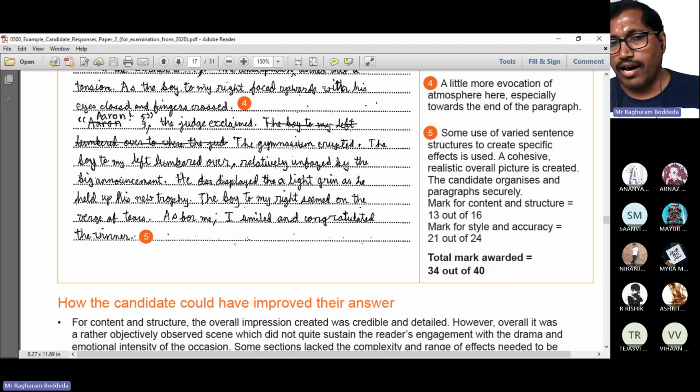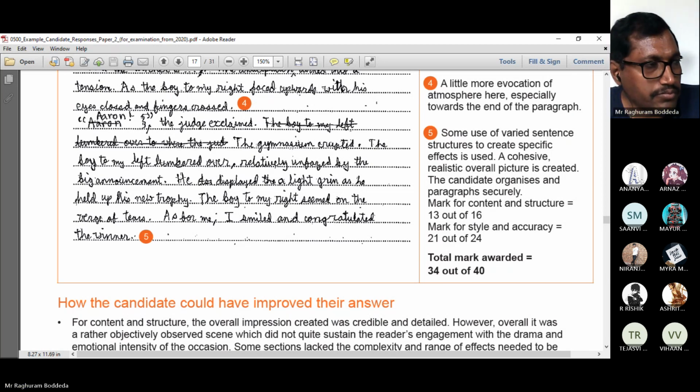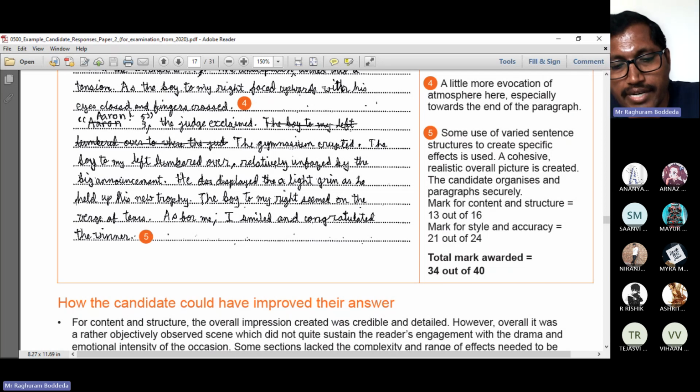But how do you define this paragraph as a conclusion? Niranjan, yes sir, please tell me, how did you conclude this paragraph in this particular exercise? Sir, in the start he was talking about the competition, then they participated in that, and the finalists. Then in the last paragraph it comes to the time when they announce the winner, and it tells the feelings of all three finalists about their achievements.